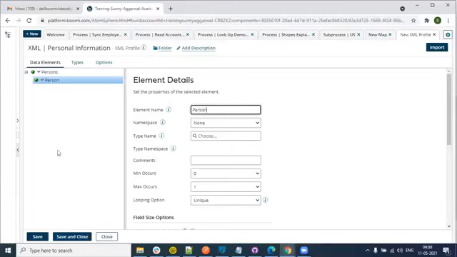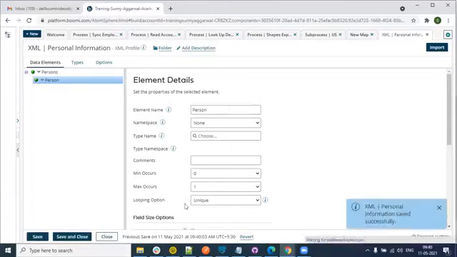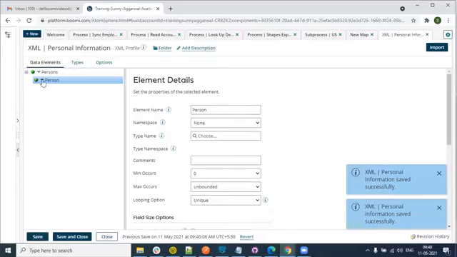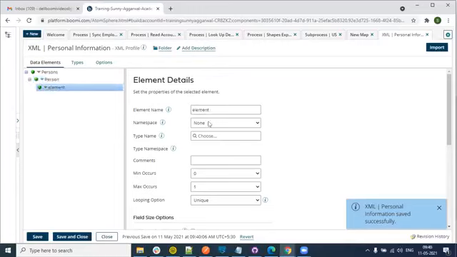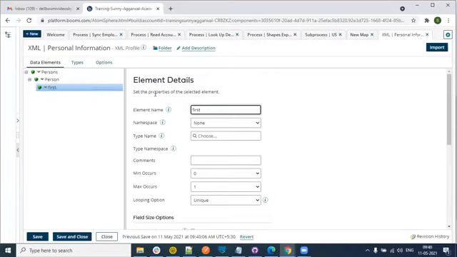And for this person, what do I have to take care of? Max occurrences: unbounded. Why unbounded? Because we can repeat that element. Maximum occurrence of that element can happen. Very nice. So I'm saying first name,